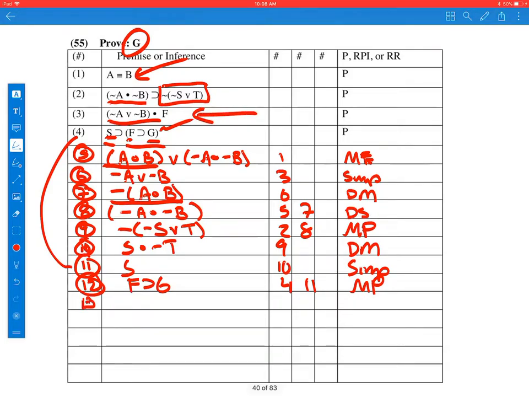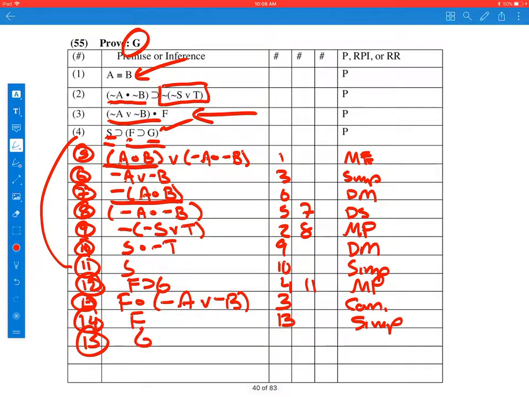Now I need an F. There is an F on line 3. It's in a conjunction, so it's easy to get to. It's on the wrong side, so we have to rotate it over. That comes from line 3 by com. And then we can simplify the F. And now I have an F then G, I have an F, so I